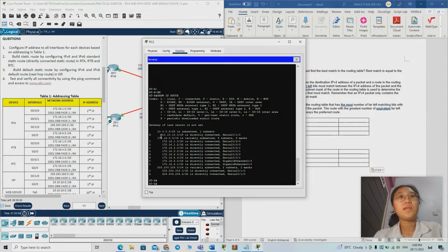The first one is 0.0.0.0/0, and the outgoing interface is S0/1/0, and the second one is also static and is